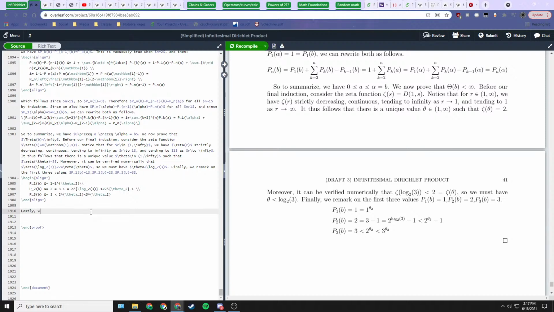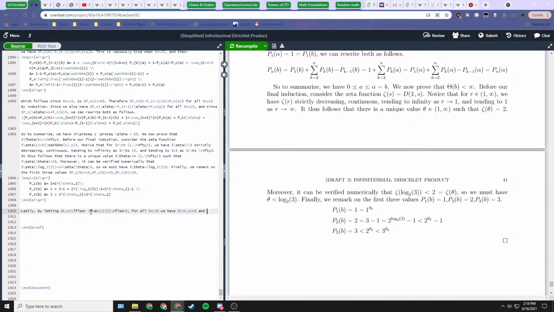So lastly, we note that for n greater than 3, we can let k sub n be equal to the floor of n over 2, which satisfies, rather, by letting k sub n be equal to this, we have, for all n greater than 3, 1 less than k sub n less than n,